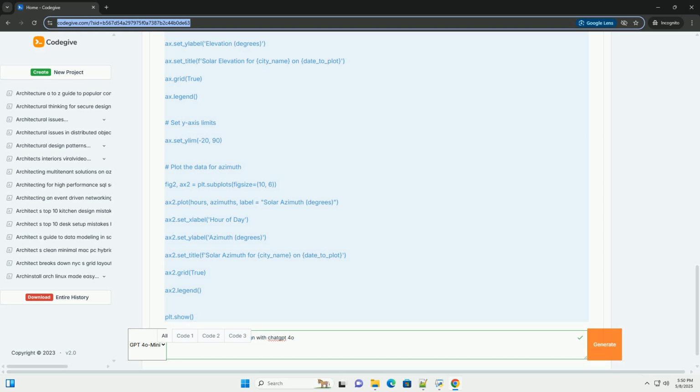Prompt: analyze the climate data for San Francisco, California, focusing on temperature ranges, rainfall, wind patterns, and solar irradiance. Identify design strategies that can effectively address these climatic conditions in a residential building, considering both energy efficiency and occupant comfort. Expected outcome: ChatGPT 4o will provide a summary of San Francisco's climate, highlighting its mild temperatures, frequent fog, strong winds, and moderate solar irradiance. It will then suggest design strategies such as